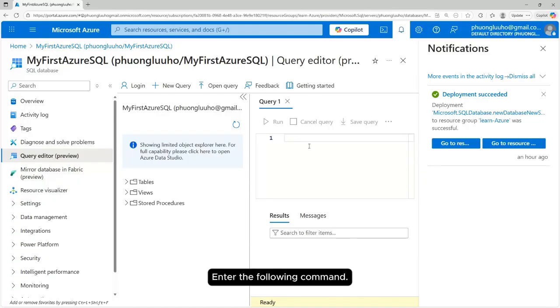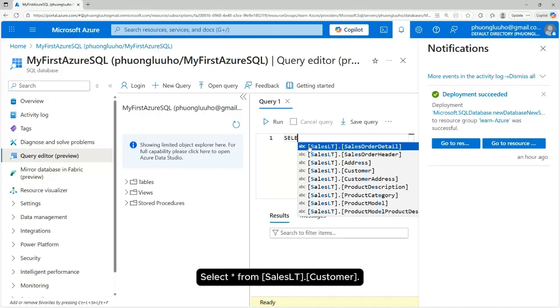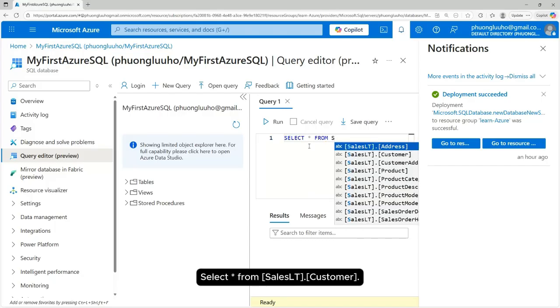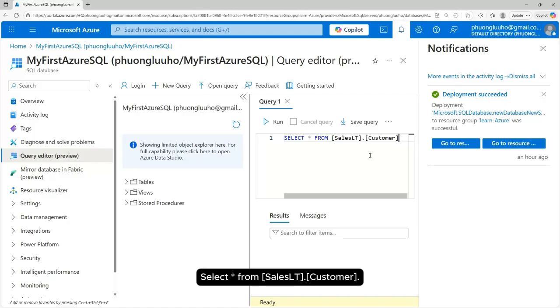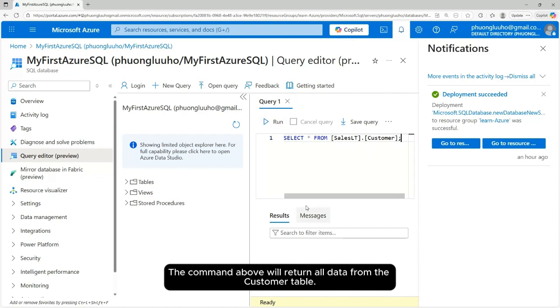Now we will run a simple query to view data in the query window. Enter the following command. Select star from SalesLT.Customer. Click run. The command above will return all data from the customer table.